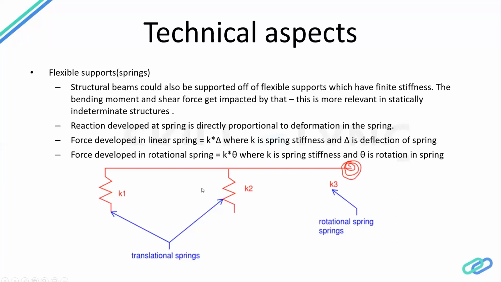And this is really important, because in real life structures, as I said, nothing is fully fixed or fully pinned. So for example, if you consider a moment frame wherein columns are supported off of foundations, we all know foundations actually settle due to gravity loads, because the soil settles. Because of that, the foundations also settle. So in reality, they are not really pinned supports, but more of a spring support. So there are structures wherein those settlements may be negligible or may not have a huge impact on the structural behavior.